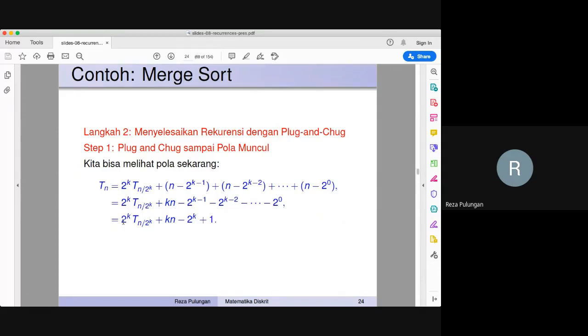We obtain Tn is equal to 2 to the power of k times Tn divided by 2 to the power of k plus kn minus 2 to the power of k plus 1. What do I do right now? The only thing that I know is T1 is equal to 0. I will set this one equal to T1. Well, that means if this Tn divided by 2 to the power of k is equal to T1, then the result will be